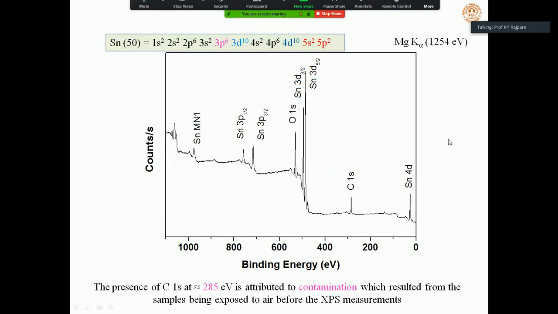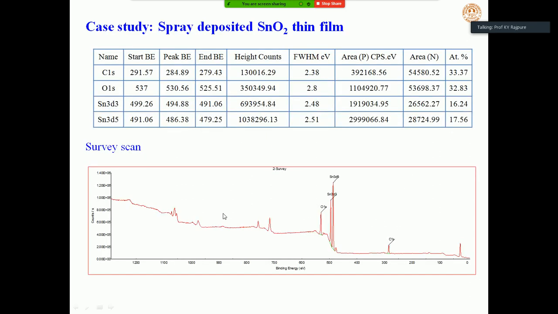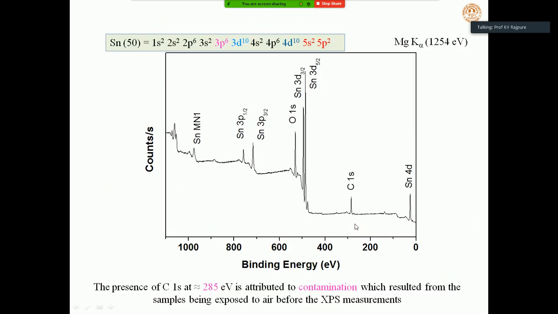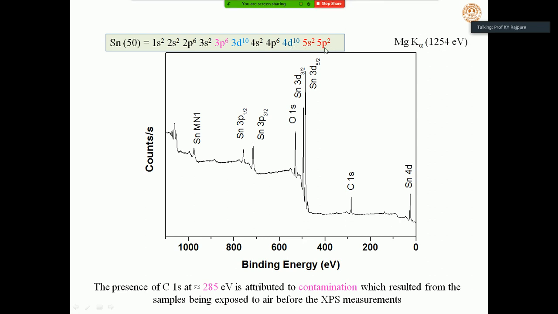So we go for, I have plotted this in different software. This is the graph given by the machine where we used an Mg target. If you see the electronic configuration of Sn, where the atomic number is 50: 1s2 2s2 2p6 3s2 3p6 3d10 4s2 4p6 4d10 5s2 5p2. So these are the valence electrons, 5s2 5p2. So this is the 4+ valency of the tin,